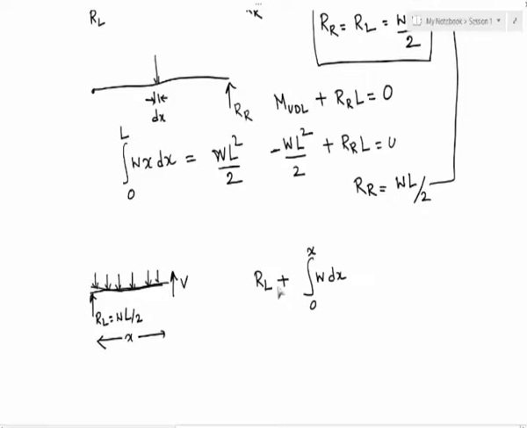But this UDL is directed in the downward direction, and as I said, my sign convention is such that my positive y is in the upward direction. So this W is in fact negative, right. So this minus W dx integral over 0 to x and RL and V, all of them together should be 0,